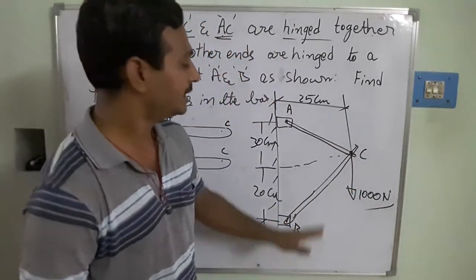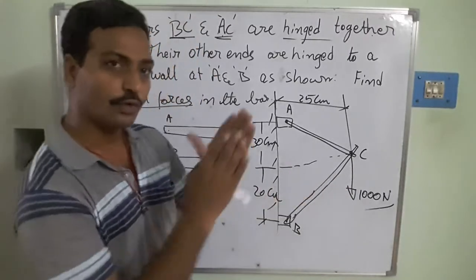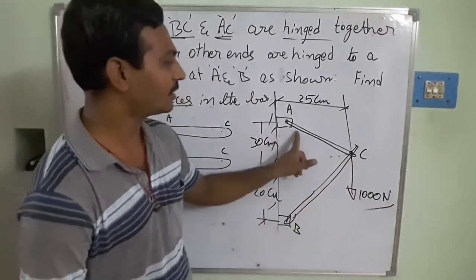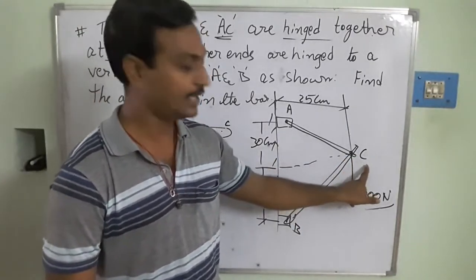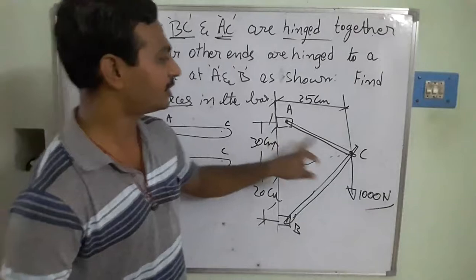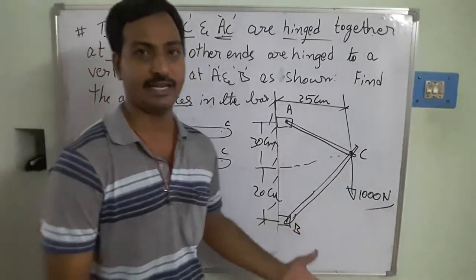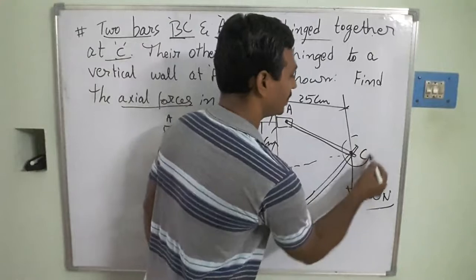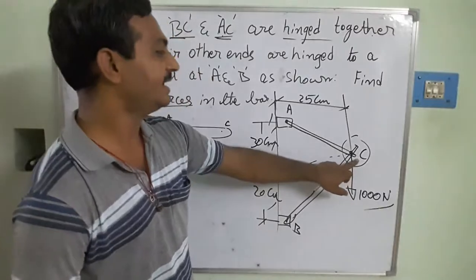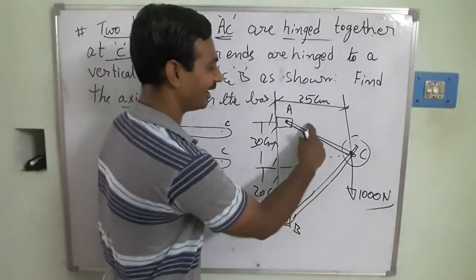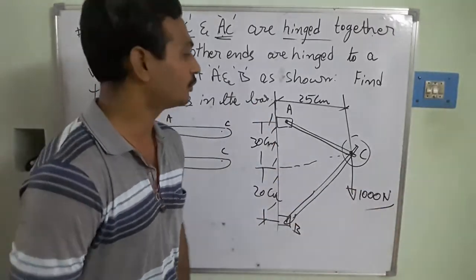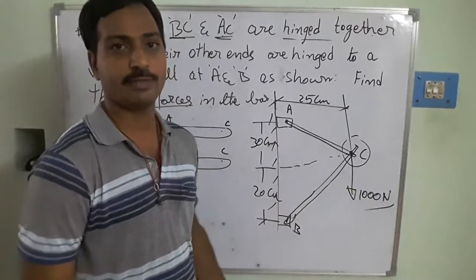But even in that case, these members develop axial forces to resist the loads in that particular direction. So what forces are generated in BC and what forces are generated in AC? I am going to consider the equilibrium position. We can calculate three equilibrium positions, but in this case, I am considering point C as the equilibrium position. When we consider point C, whatever axial forces are internal forces in AC as well as BC are converted into the external forces of that system.